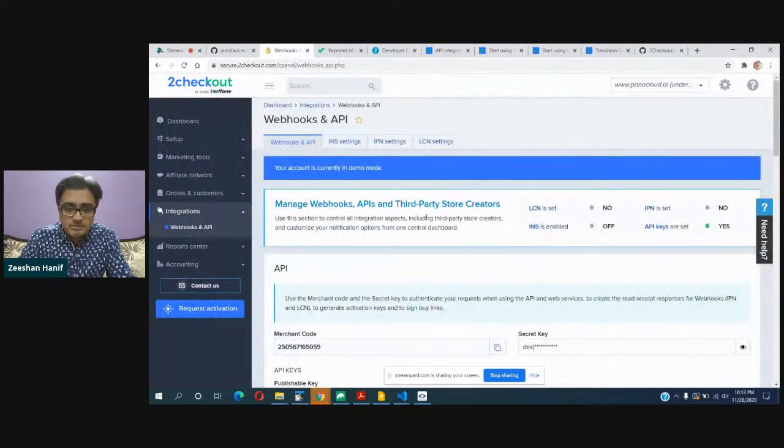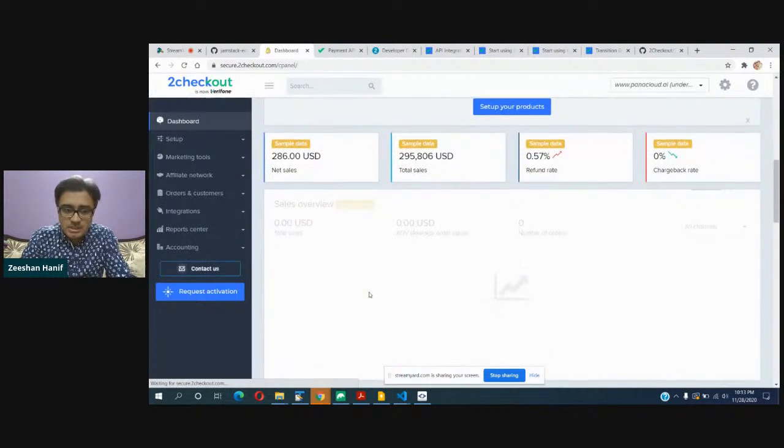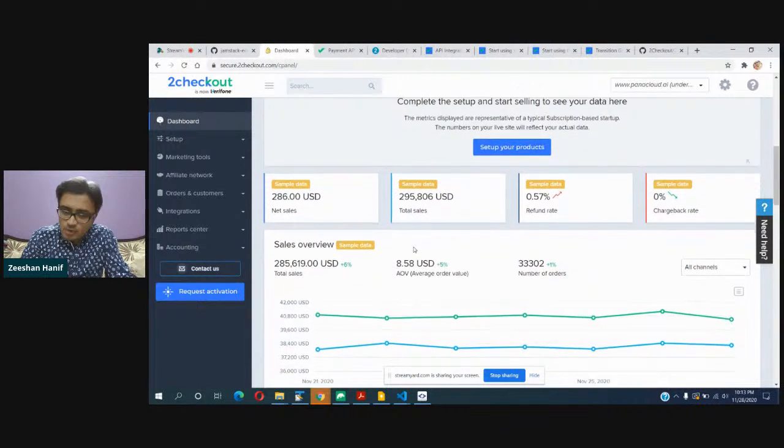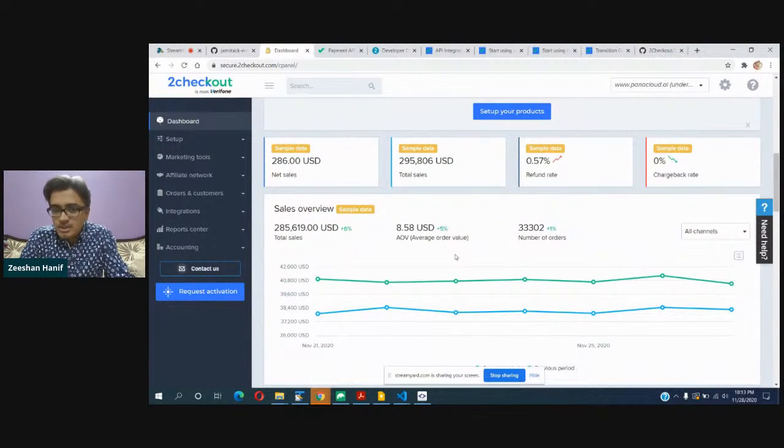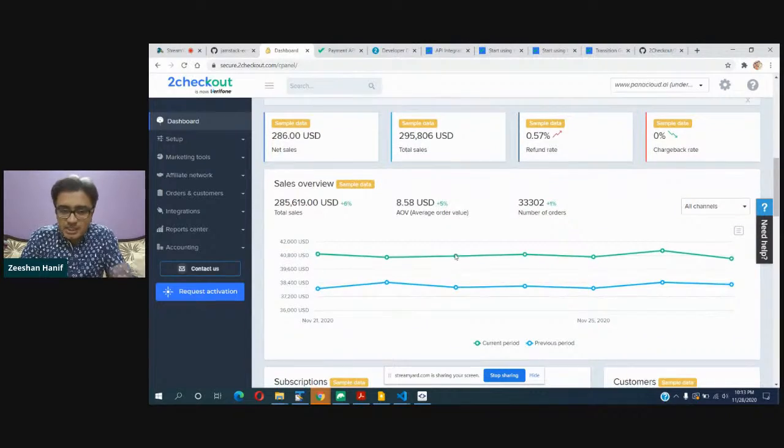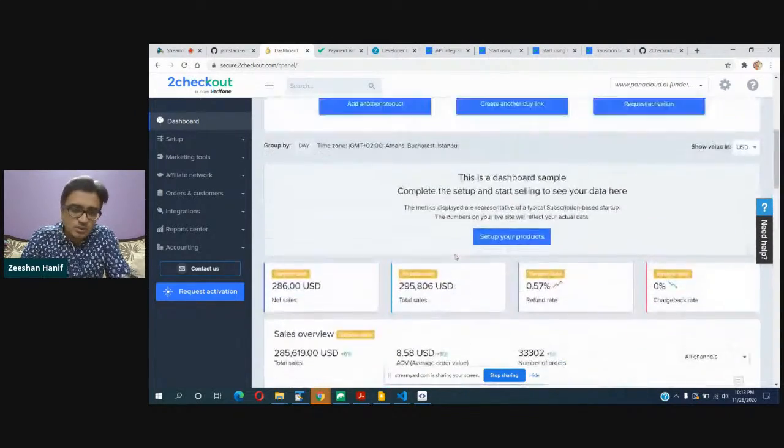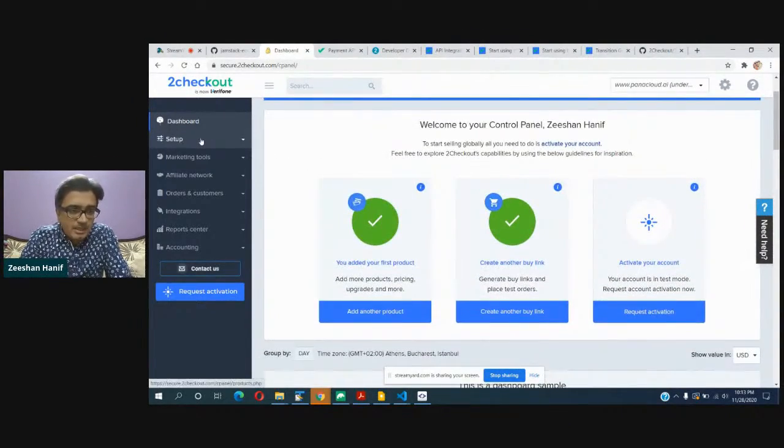So once you create your account, you will be in the dashboard. Here in the dashboard you can see what data you have, how many products you have sold, your revenue and everything. It will also be available there. In setup,